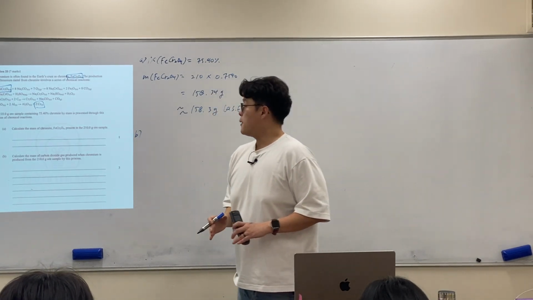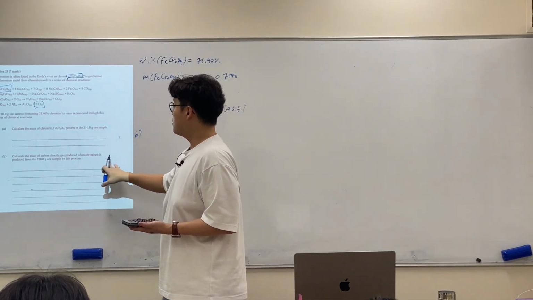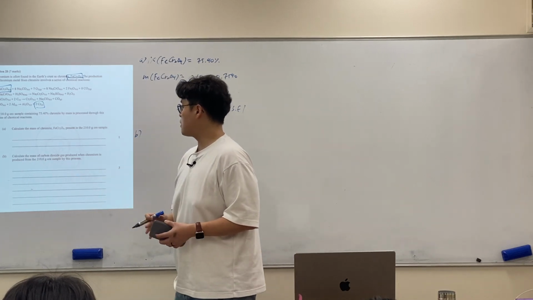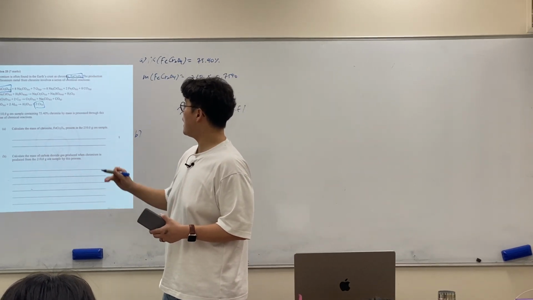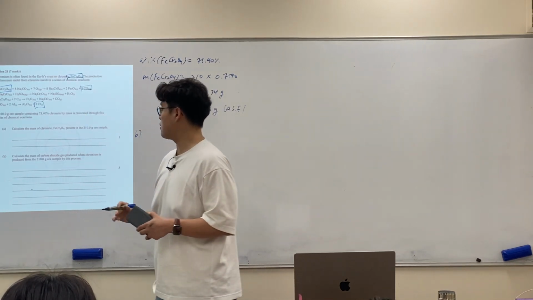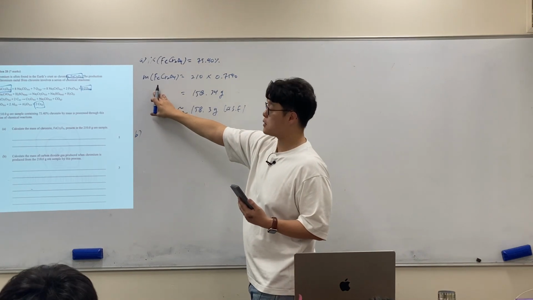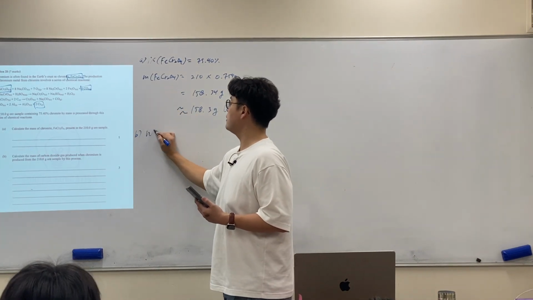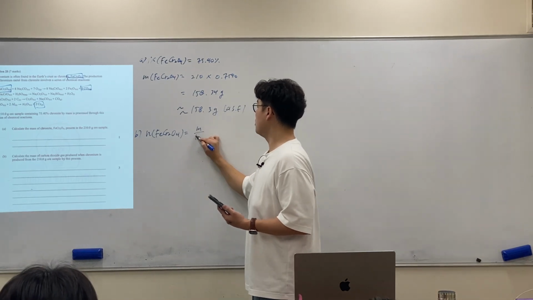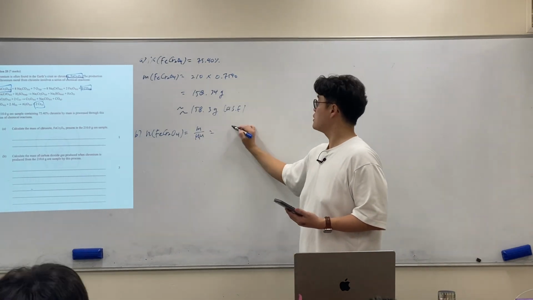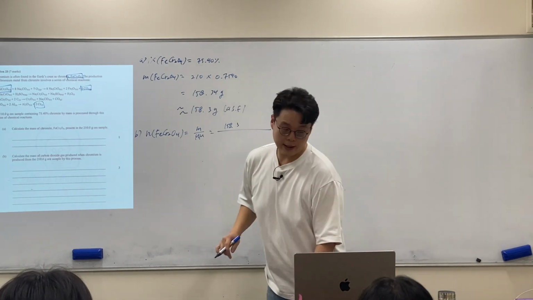Good. B. Calculate the mass of the carbon dioxide gas produced when chromium is produced when the 210 gram ore sample is processed by this process. So we need to find the carbon dioxide gas over here, the mass of that. What we know is the mass of the iron chromate. So n of the iron chromate can be found by m over molar mass. Make sure you show the working out here. That's 158.3 divided by,